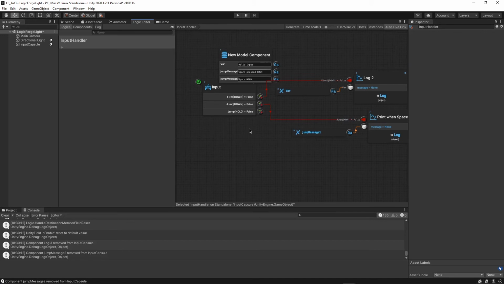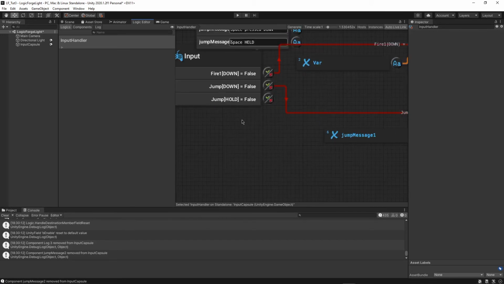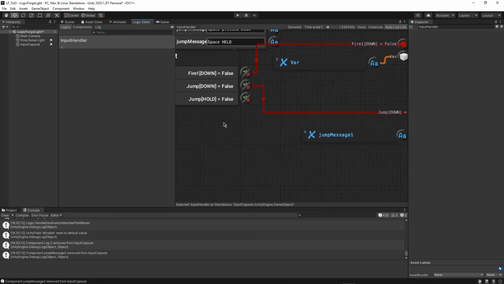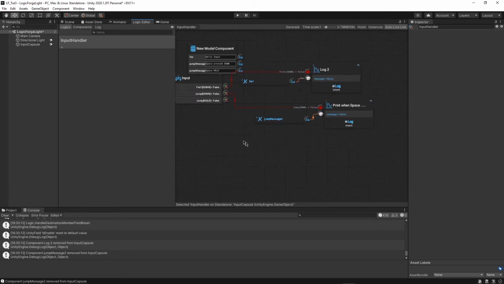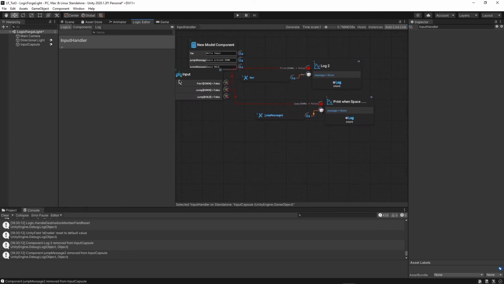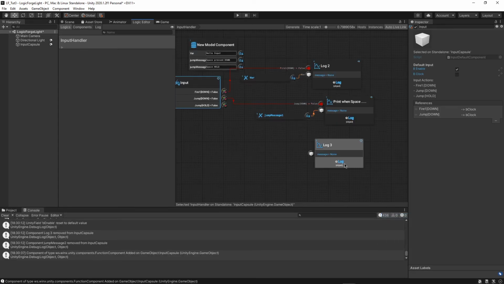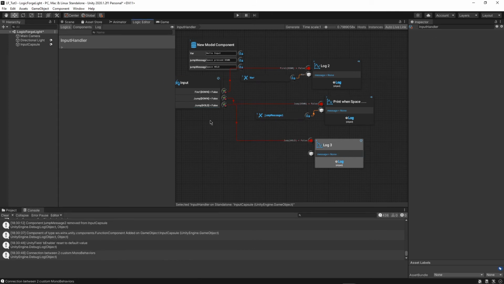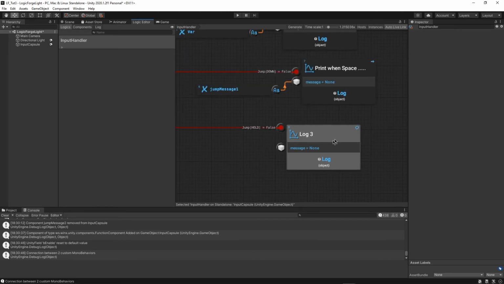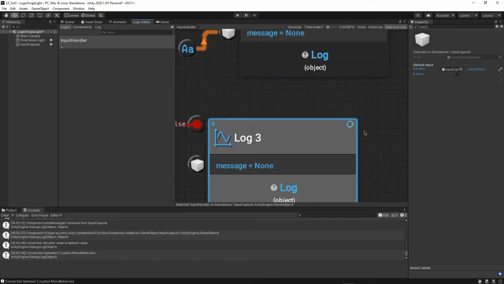All right, next let's add a jump hold event. So I'm trusting you guys to do that part yourself. So that's just adding another input action to the input node right here. And what we can do is go ahead and create another log again. And this time we actually want to have this hold action attached to beEnable. So what's going to happen here is that when you click and hold down on the space bar, then this entire node will activate. And because the B clock is set to loop right here, it's going to keep on